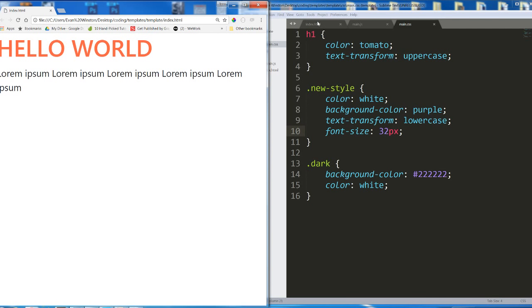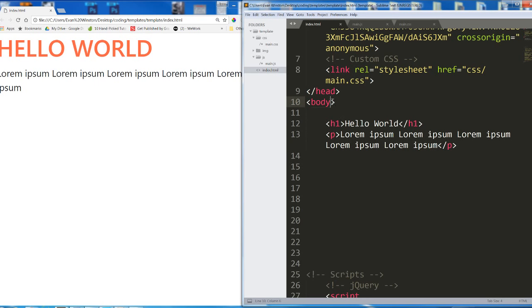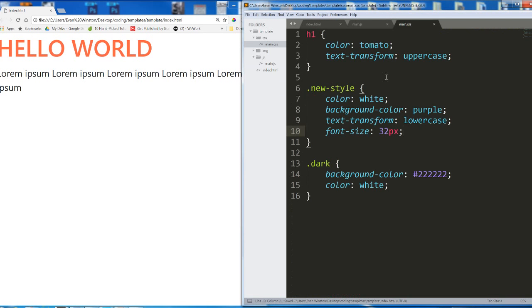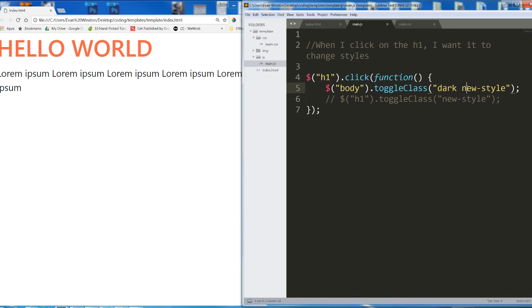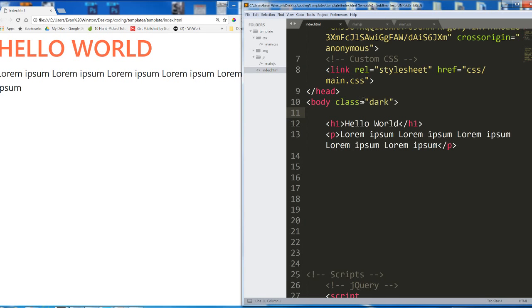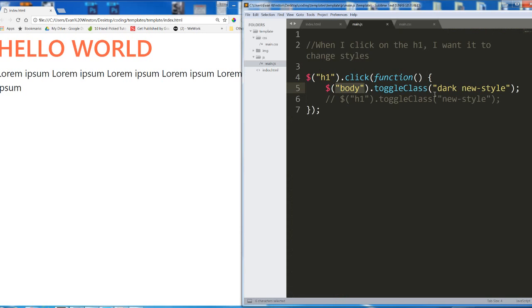on the body element. Now last thing, what happens if our body actually starts with a class of dark and we are toggling both the class of dark and the class of new style inside our jQuery? Well, what's going to happen is when I click on the H1, it's going to look at the body element. The browser's going to look at the body element, and it's going to determine what its current class list is. Currently, it's just dark. And then it's going to toggle each one of these values. So it's going to go from